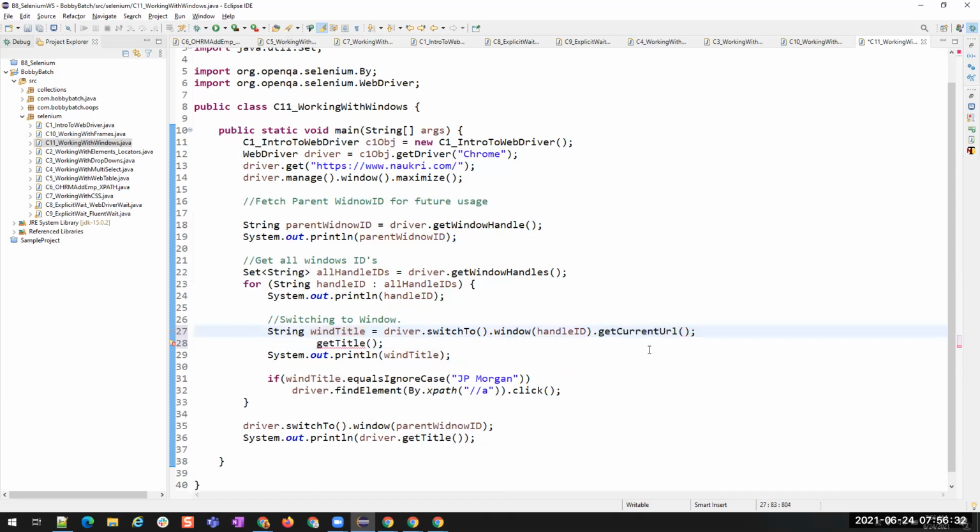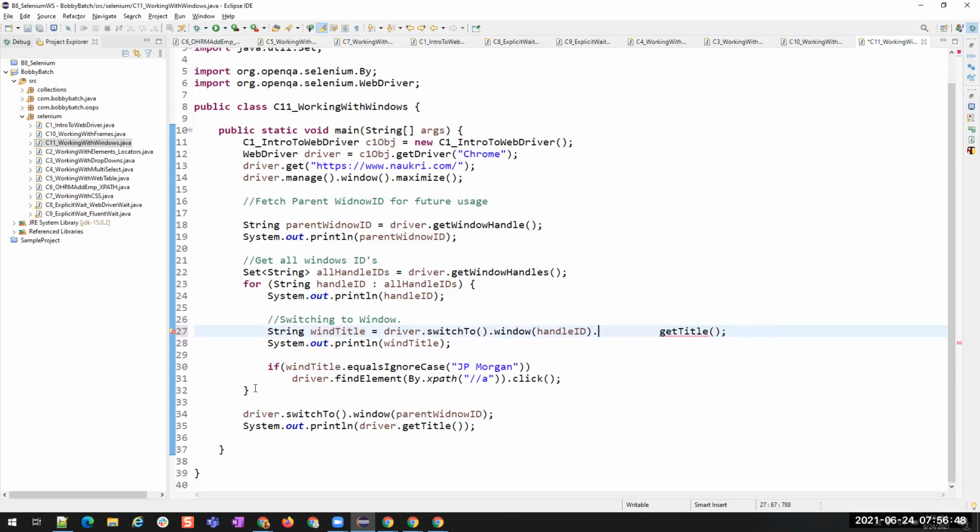This will fetch us the current URL of that particular window, and you can compare that URL with your required URL. And then if they are matching, you can perform the operations. If not, you can switch to another window. Since this is inside a for loop, it will go to another window and check for this. So either you can use get title or get current URL, any of those things.